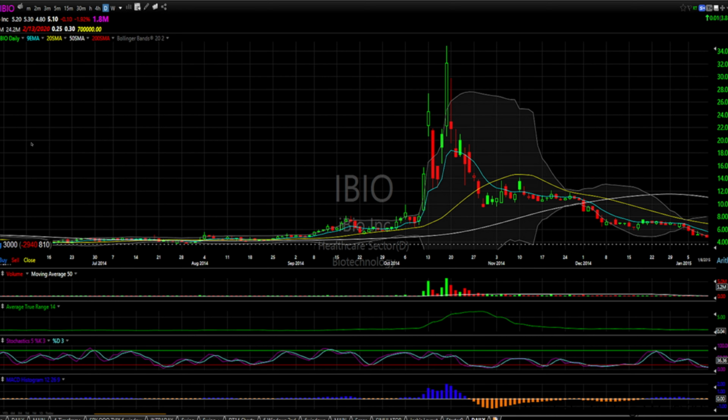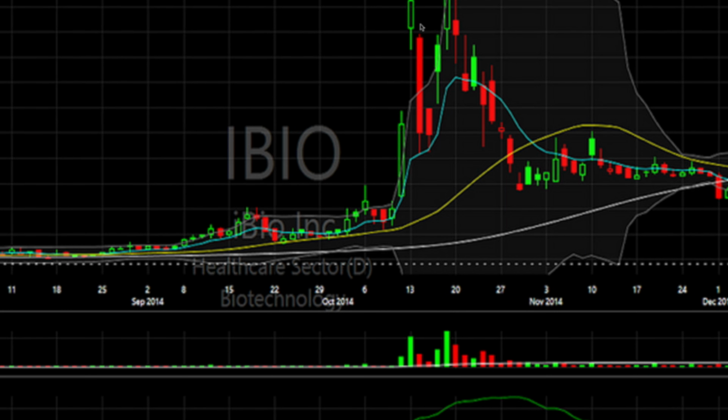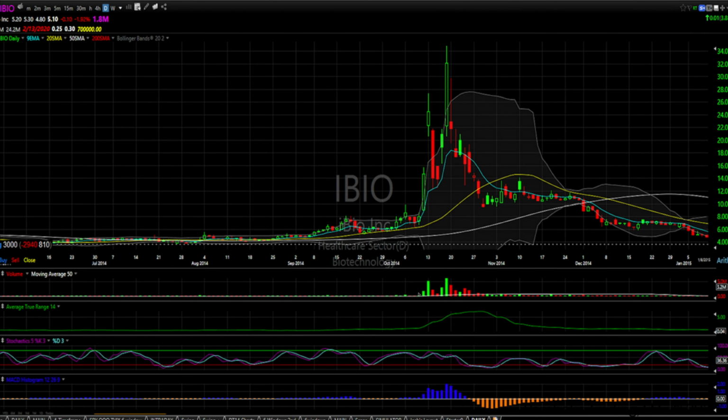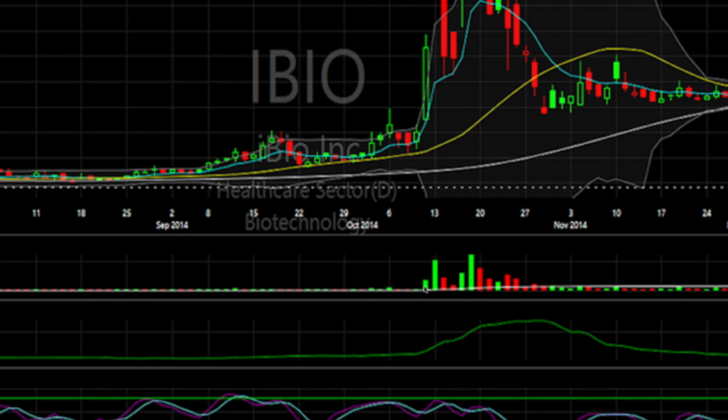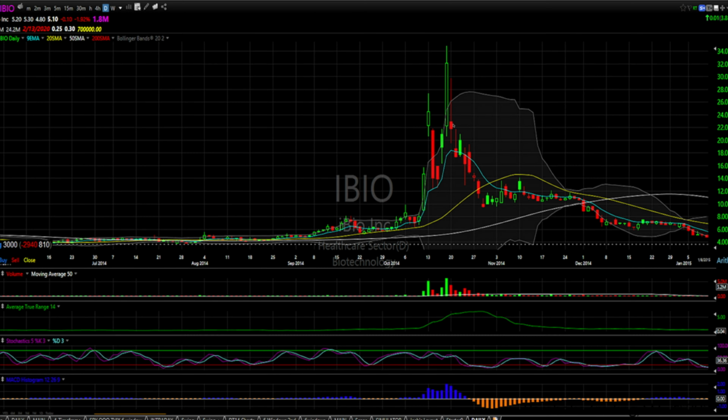So if we go back to this example of iBio, the big run up, right? Look at this. That candle's huge. It went from 22 all the way down here to 12. That's almost like a $10 loss that day. But you can see right down here in the volume candles, you got the big green days, which show you the run-up days. Then you got the big sell-off days right here. Then you got some more big green days. And then guess what? Now here comes the dump. So this run-up phase and the distribution went really, really super quick.